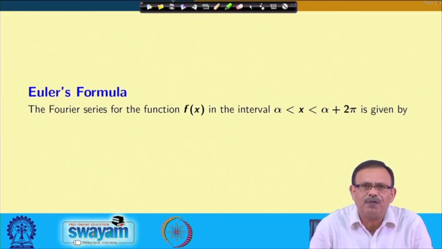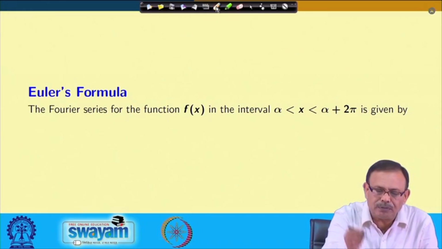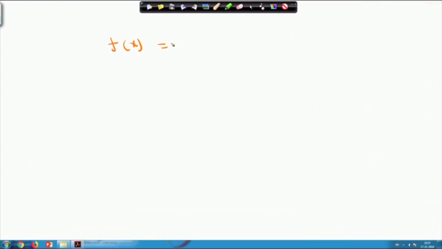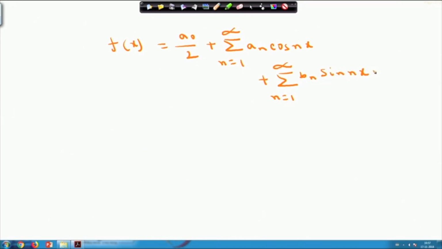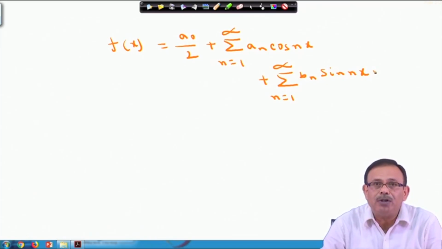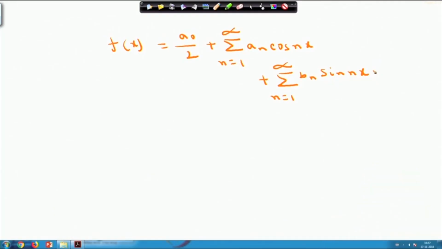The Fourier series of a function f(x) in the interval alpha to alpha plus 2 pi is given by f(x) equals a0 by 2 plus summation n equals 1 to infinity a_n cos nx plus summation n equals 1 to infinity b_n sin nx, where the coefficients a0, a_n and b_n are defined as